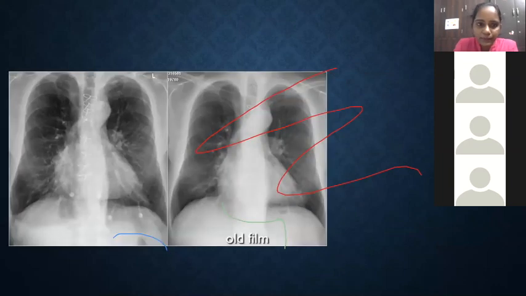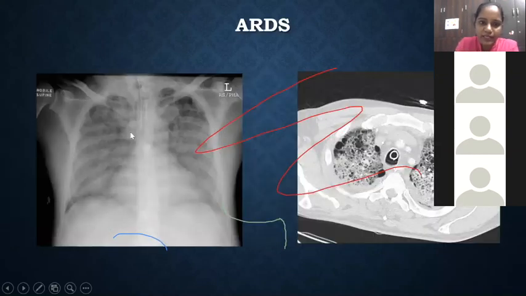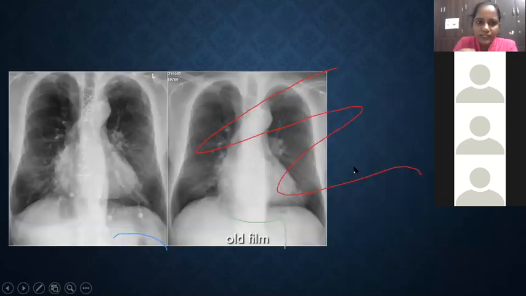So this is another picture, of pulmonary edema. See, this is a late stage of ARDS. There is a bilateral symmetrical opacity, and in the X-ray, and in CT also, we have opacities in both the lungs. And this is the pulmonary edema. This is an old film. If possible, we always compare the present X-ray with an old film to make a diagnosis.